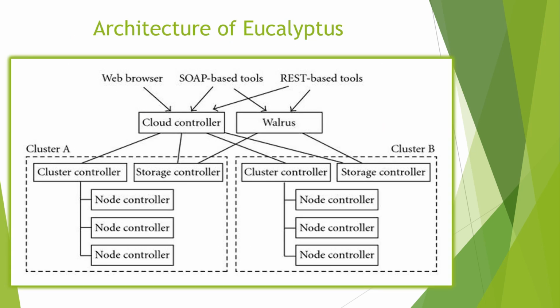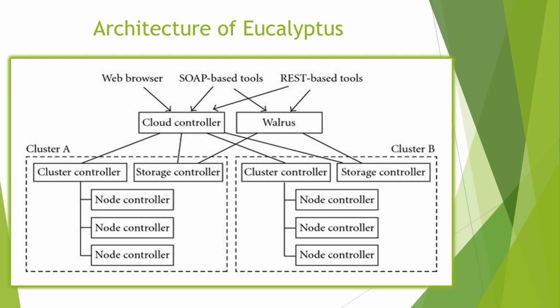So now moving further to the most important thing, that is the architecture of eucalyptus. Whenever there is a high demand for high processing and performance, we can blindly use this architecture. Eucalyptus is designed with this really extensible and modular architecture. This diagram seems really complicated, but if you look carefully, this is really easy. So starting from the least level, that is the node controller. As you can see, there are three node controllers.